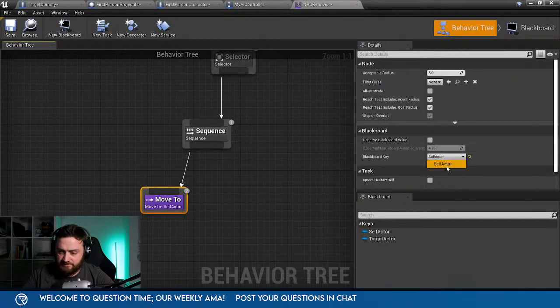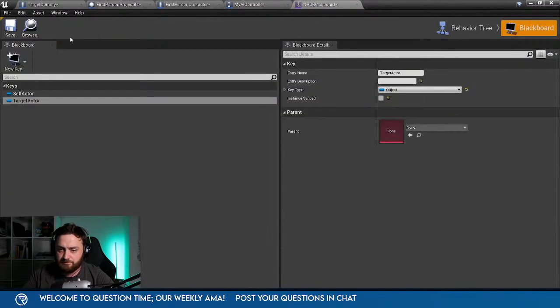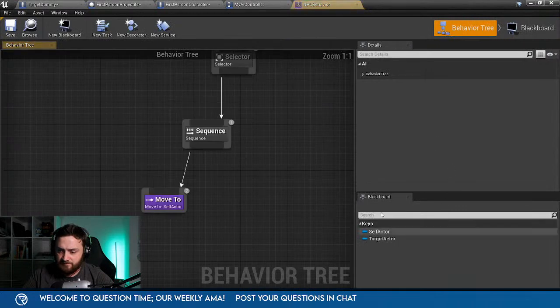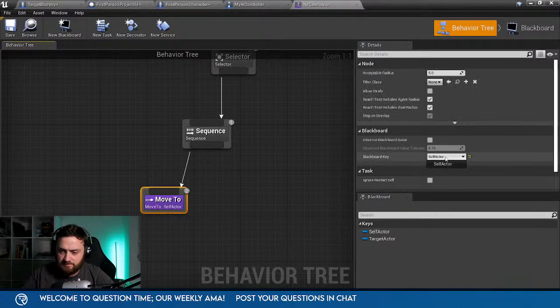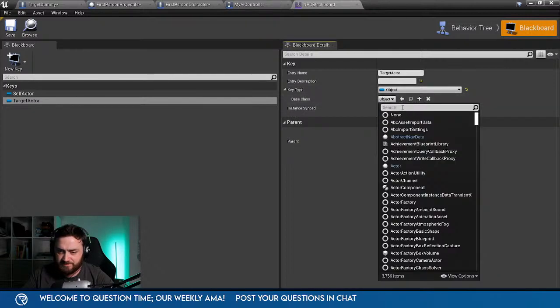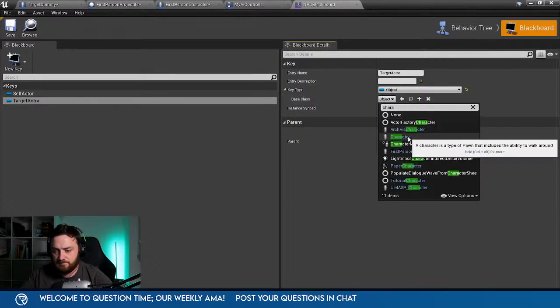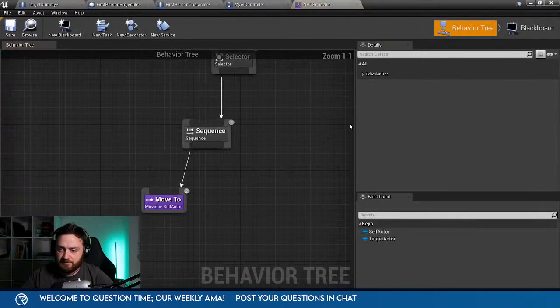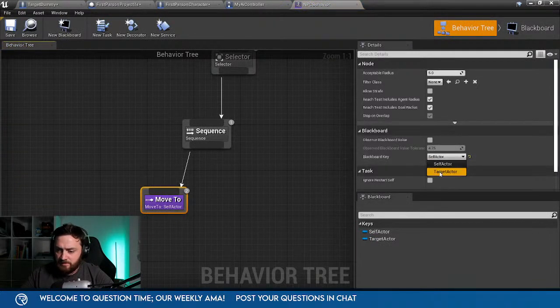Set that to... Oh, got to save the other one. Oh wait, yeah. Whoops. Go into key type and switch this to character. There you go. Now it'll work.